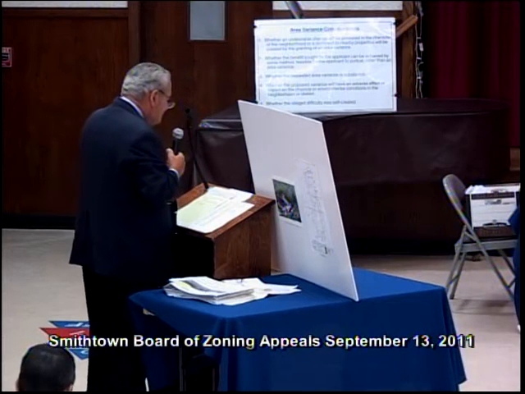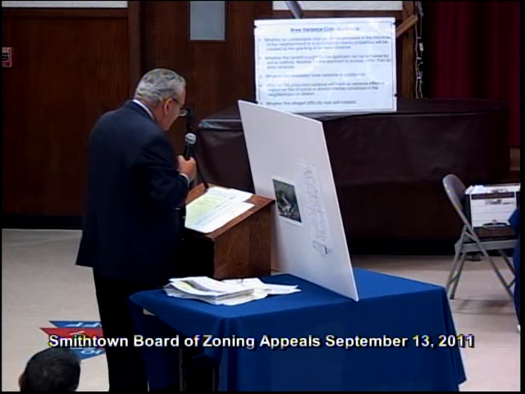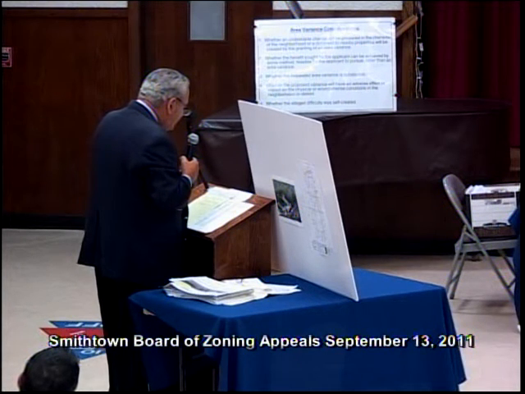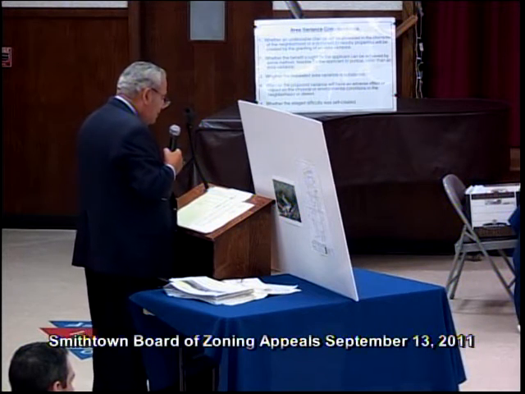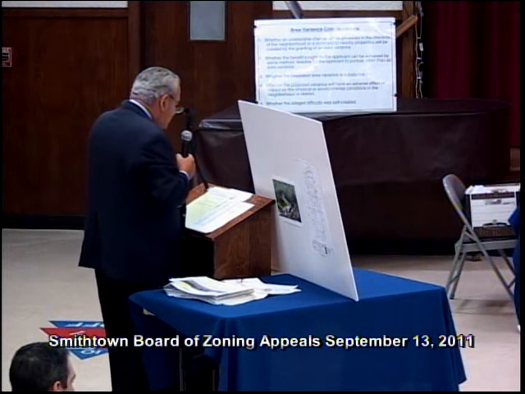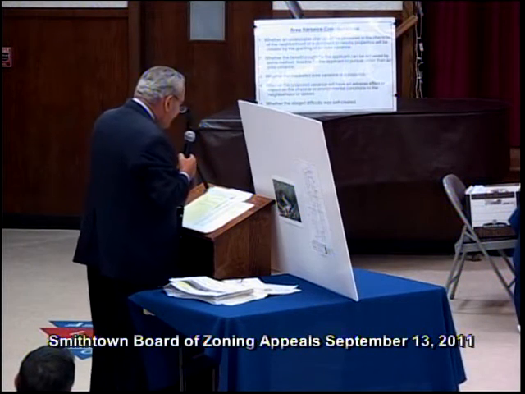It has no adverse effect on anything. It's back from Prospect, so it's not something that will be an incursion on traffic or suffer traffic views in going down Prospect